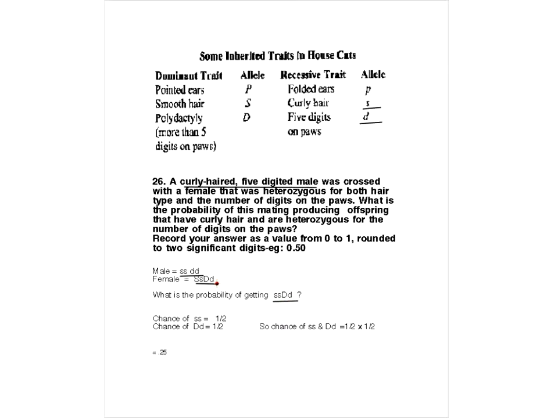And as far as the d's, what's the chance of getting big D, little d? Well, half the kids are going to be big D, little d, and half the kids are going to be 2 small d's. So the chance as far as the s's is going to be 1/2, and the chance as far as the d's is going to be 1/2. And because these are two independent events in math, we always multiply the two probabilities together. So when we multiply 1/2 times 1/2, we get 1/4, or 0.25. So that would be the answer for this one. Okay, so does that make sense how we did that?